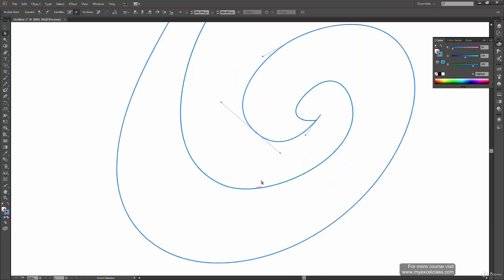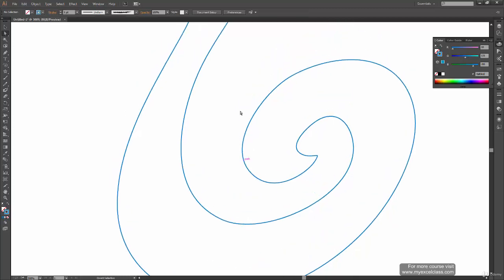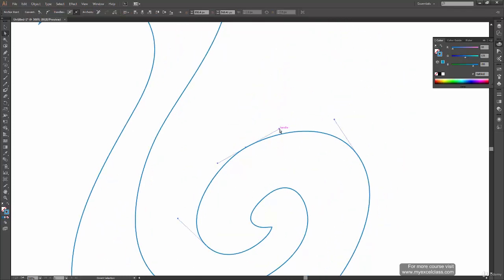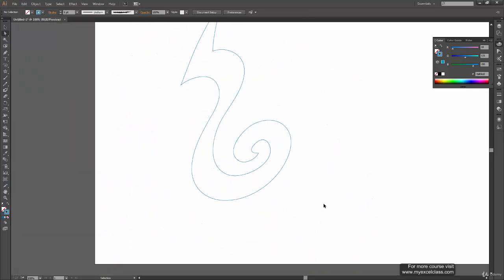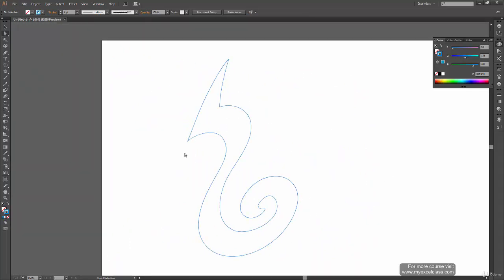Here I can make some changes because this is not perfectly circular, so pull it out a bit and reduce the control handle width here, and then this one we can put over here. Okay, and again move the control handle and make a perfect curve over here, and here also I think this control handle is a little short, so let's pull it out a bit. Okay, so one path has been corrected, which is this one, and it has come out good.